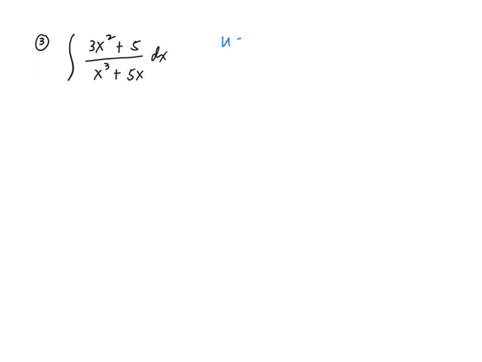Let's make u equal to x cubed plus 5x, and du dx is the derivative of x cubed plus 5x, which is 3x squared plus 5. Then let's transform this into a simpler expression using these new expressions that we got here. So now we have, instead of 3x squared plus 5,